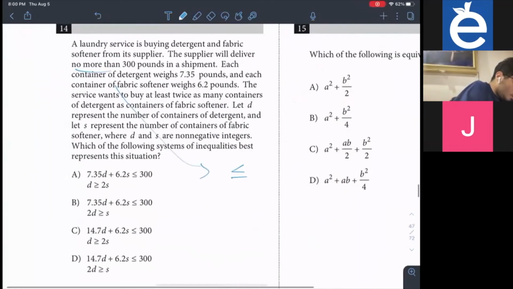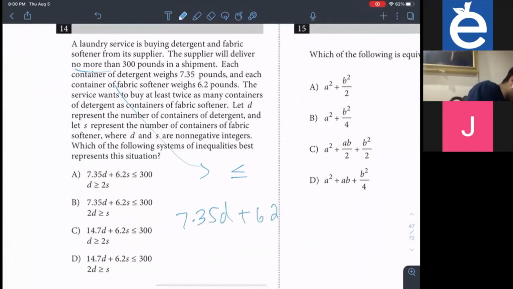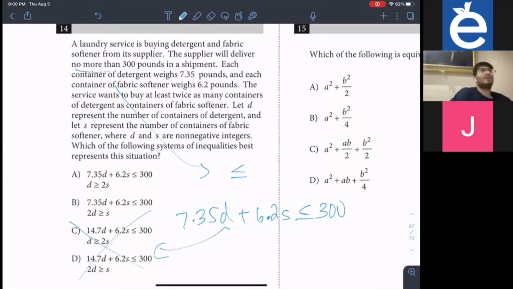So for this one, since it's no more than, it has to be less than or equal to. And since we know the detergent is represented by D, we know it's 7.35D plus 6.2S, which is the softener, has to be no more than 300, which is less than or equal to. So we have to see which one works, and so C and D are out because they don't match the inequality that we wrote. And now since it's